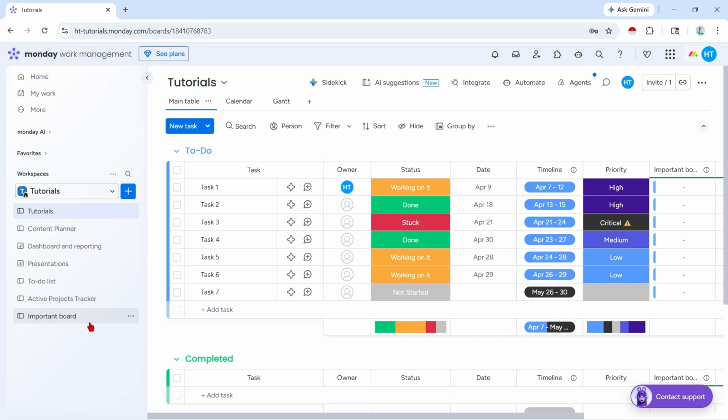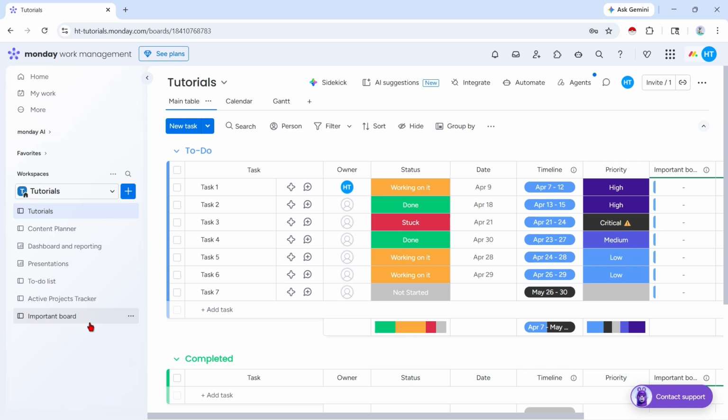If the item does not appear, refresh the page and check again. Keep in mind that deleted items are not always stored forever. Depending on your account settings or how long ago the item was deleted, it may have already been permanently removed from the system. If you still can't find the item, check whether it may have been deleted from a different